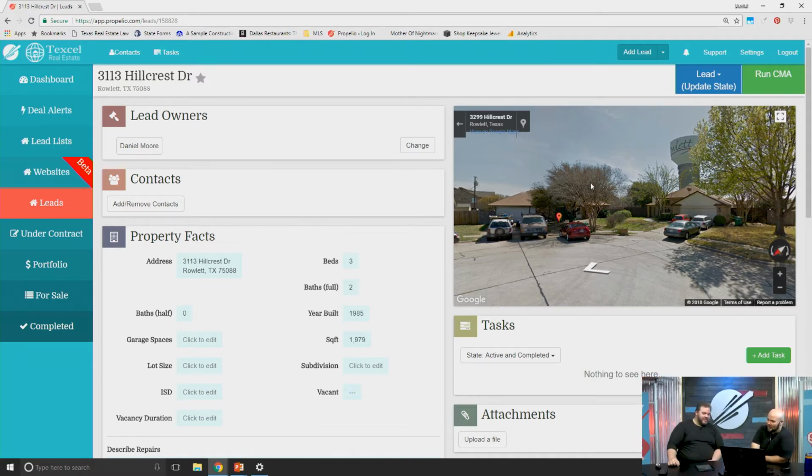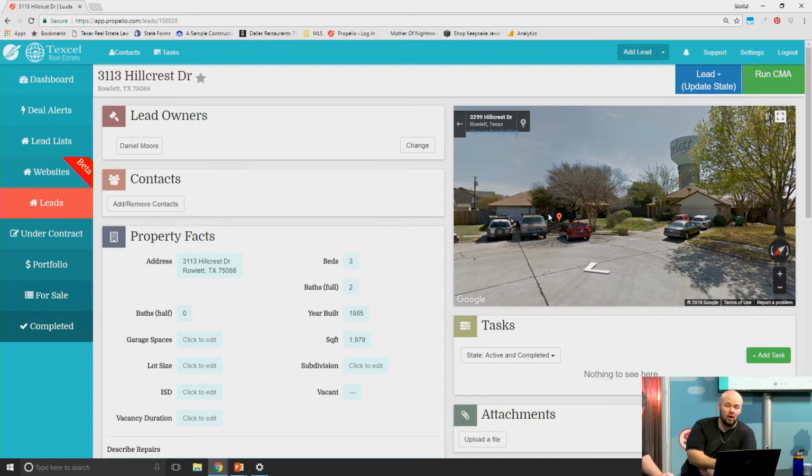So that's what I'm going to do. I'm going to immediately roll around the neighborhood. What I can tell from here is that the neighborhood's looking uniform. Everything looks to be very similar, so I feel confident in pulling comps in this neighborhood. If I was looking at this and all the homes looked different, built at different times, newer builds, older builds, it's a flag in the back of my head that this is a neighborhood experiencing new construction, and I now need to be very aware of how I'm comping my property.